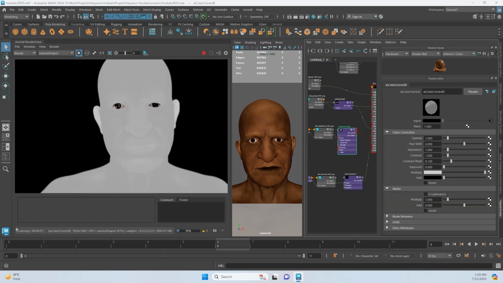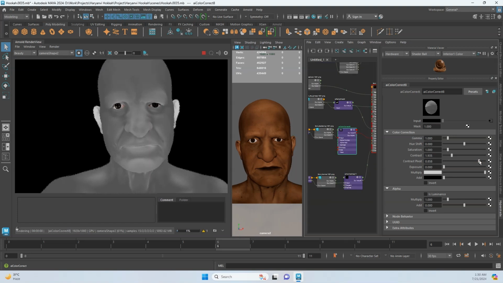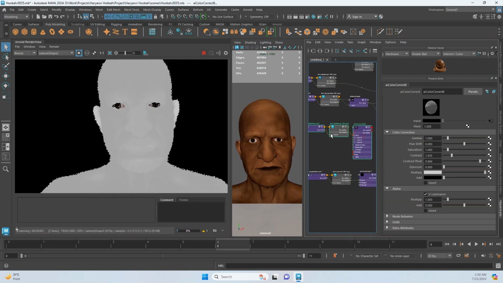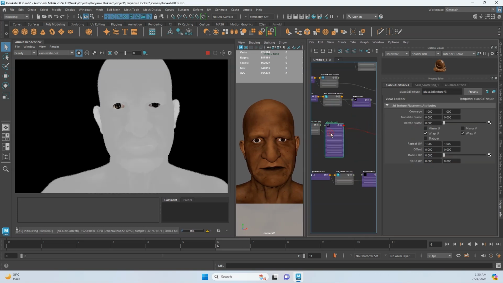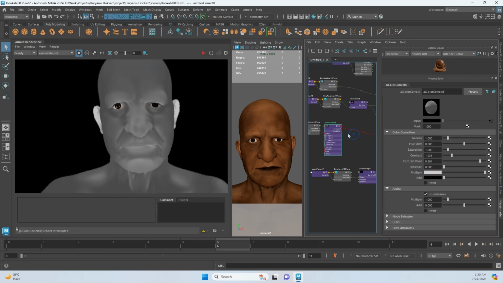So now I'm going to change its values, and I'm going to change its contrast. Let's just tweak the contrast pivot a little bit. I'm sorry, that is not called a little bit, but still, that is what I was looking for. And just don't forget to check the alpha is luminance, because it is a value map, it is an alpha map. And we connected this to the material just to see how it looks. And now we will disconnect it,